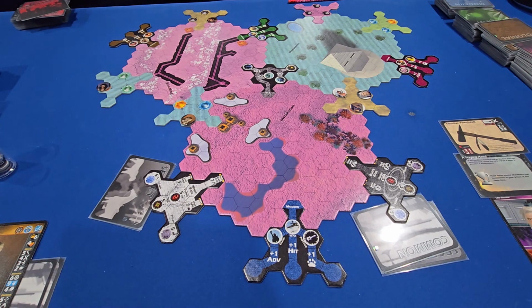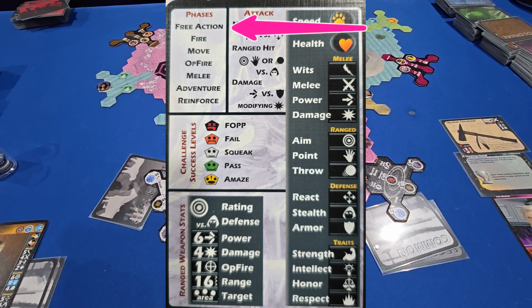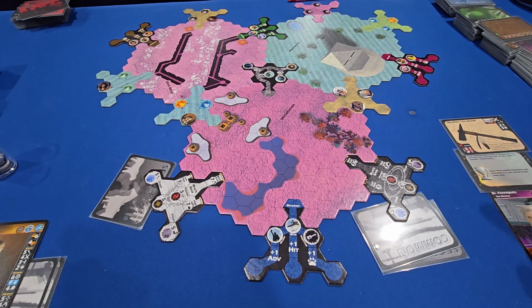So starting off, we are going into the free action phase. Remember, these are the phases here on the turn, and you take them in order for all characters in each phase. So we're going to start from the free action phase, and the only free action that can be taken right now would be Dr. Panopoulos' special ability. His special ability says that he can give one of his unrevealed cards to an ally anywhere